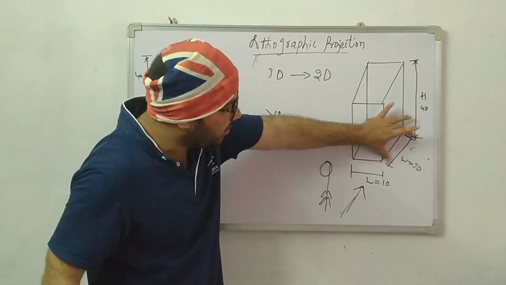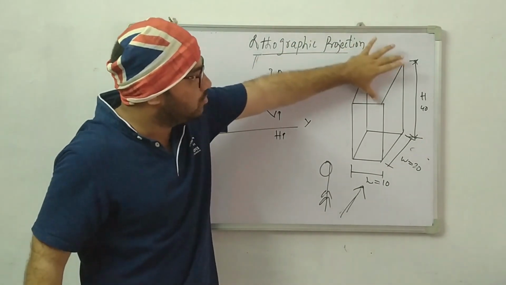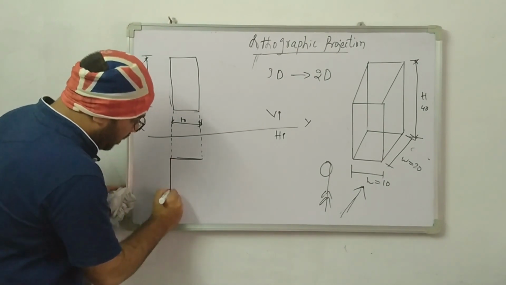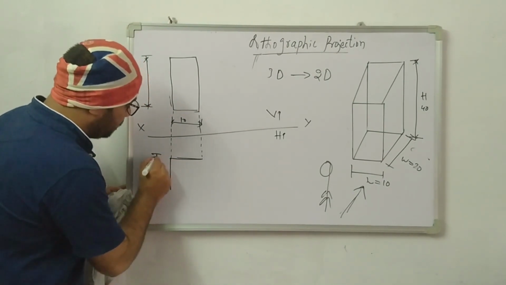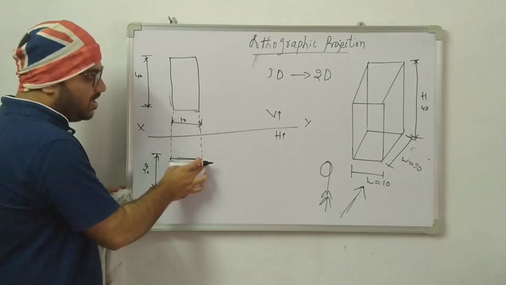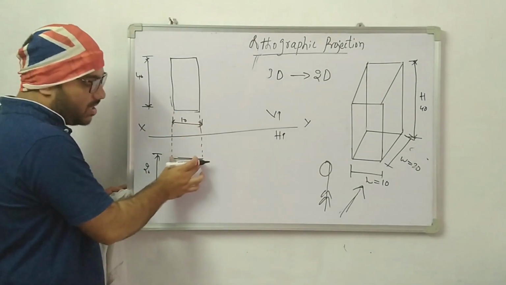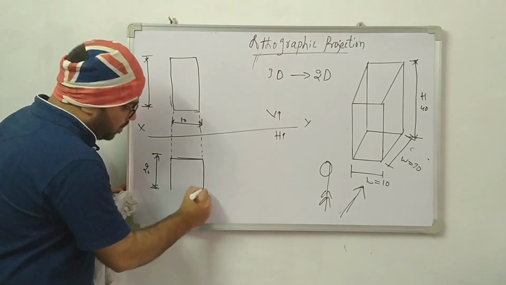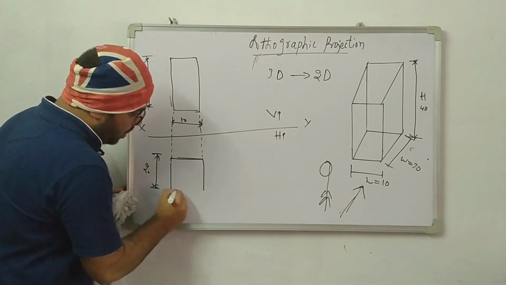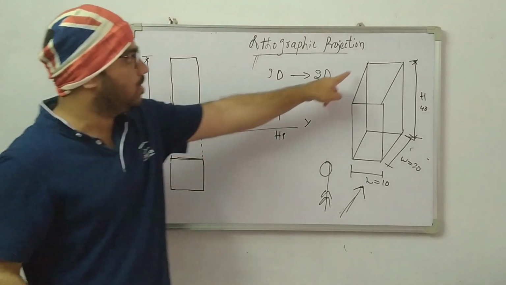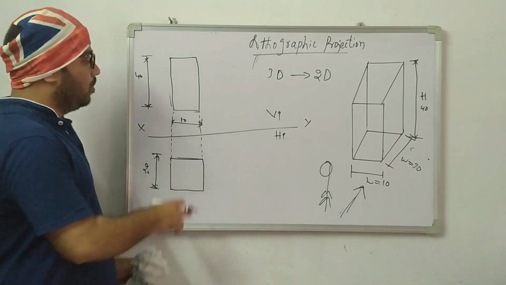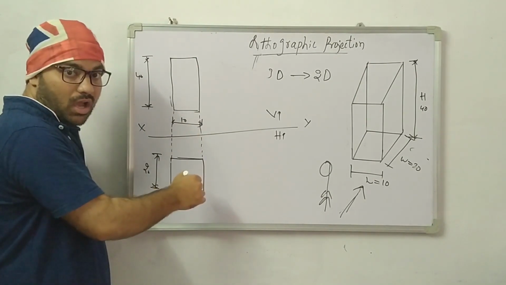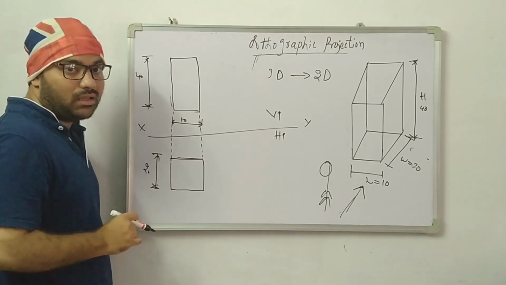Now we have to see the width in the top view. The width is how much? 20. So from here onwards, draw 20 mm like this. This distance is 20. Don't draw this 20 here, because the length is already projected here. Don't project the width here. Now simply complete this portion, drawing 20 mm and this 20 mm. Now we completed the top view. To draw the top view, I drew vertical lines downwards. If you draw a vertical line downwards, you get the total length of the object.